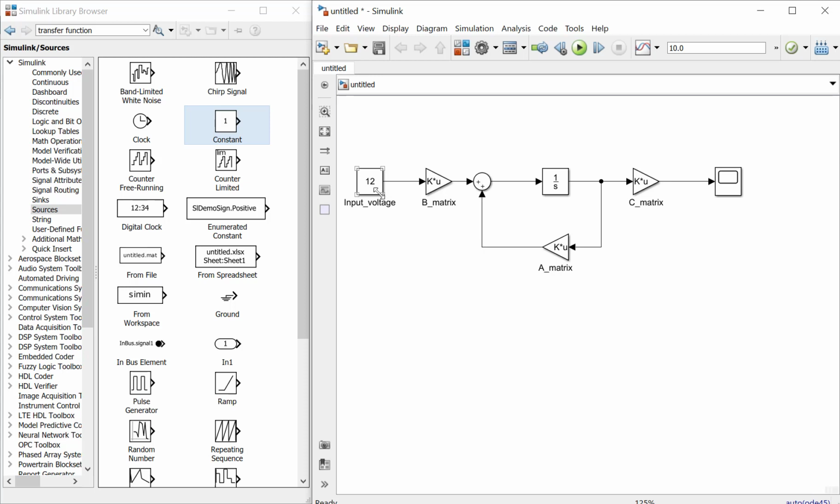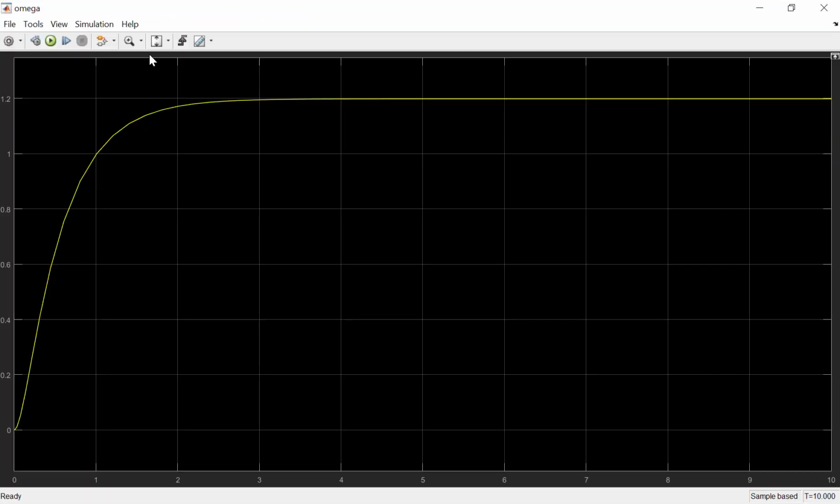The input is voltage, and then we can see the angular speed, the omega here. And this is the open loop simulation to see whether the system is stable or not. So we can see in this figure, in the system response, the system is stable at some position.